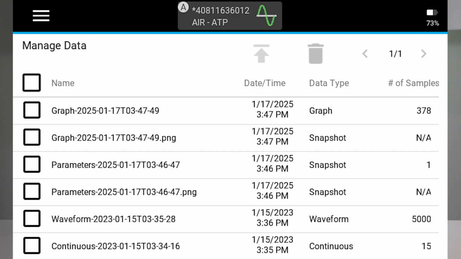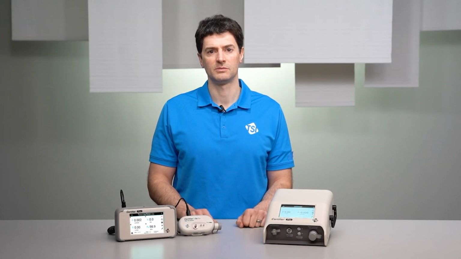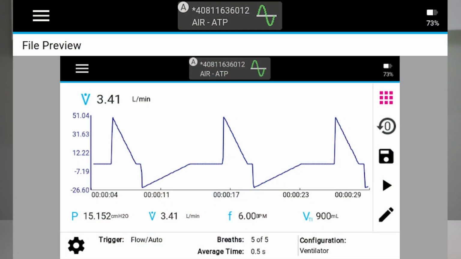Log files can be sorted in ascending or descending order in the list by pressing on any of the column headings. Users can preview logged files by pressing anywhere on the row of the file you want to view. It may be helpful to preview screen captures or logged data on the Certifier instrument as a way to confirm the files prior to exporting them. While in the file preview screen, press on the image to maximize its size for easier viewing.